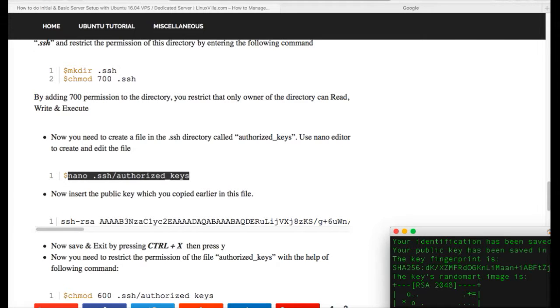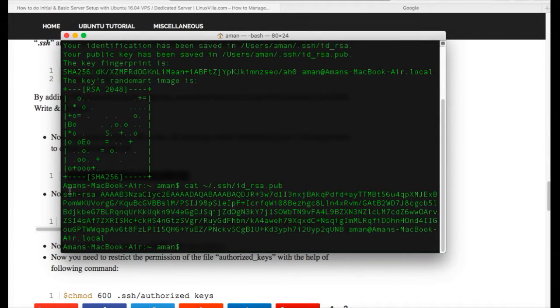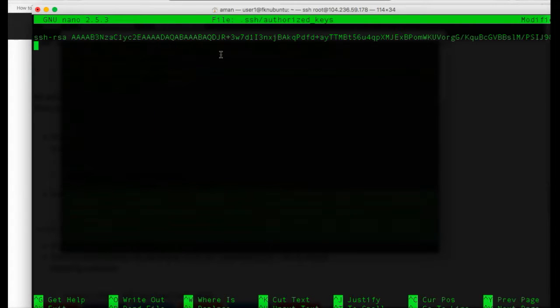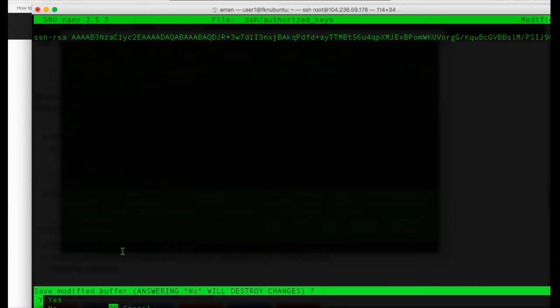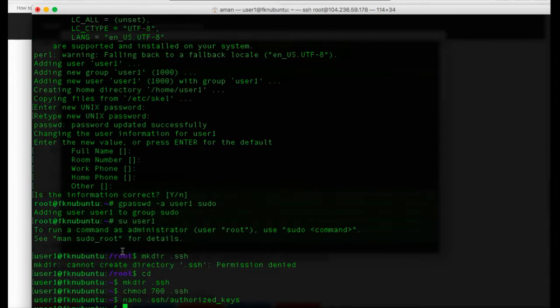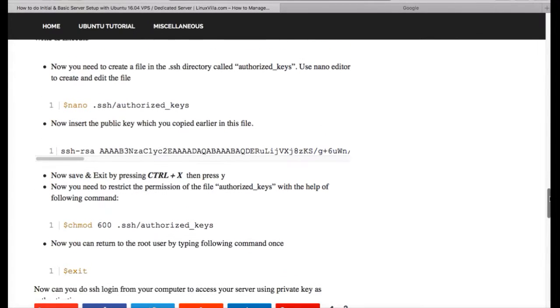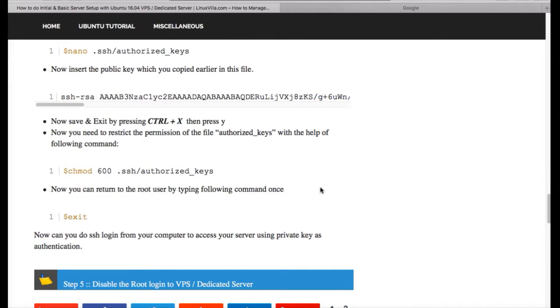So here is our SSH key, from here to here. Just copy this and paste here on your Ubuntu server. Now save and exit. Okay, so the SSH key has been added. Now you need to restrict the permission of the file authorized_keys with the help of this command, chmod 600, permission 600. Okay,